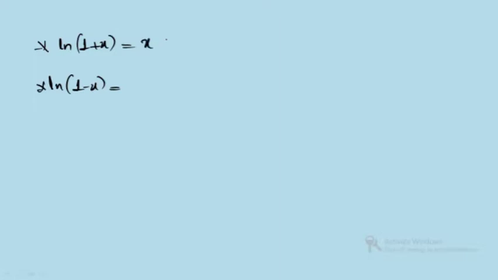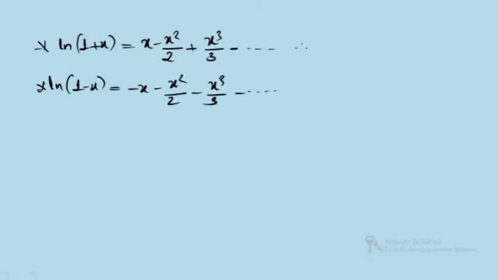It can be written as x minus x square by 2, plus x cube by 3, then minus. Here you are having alternate plus minus. But when you are writing the expansion for ln(1 minus x), there will be a negative sign continuously. That is minus x square by 2, minus x cube by 3, minus and so on. Clear? So these are two important formulas which we'll be using in branch points and all other topics in future.